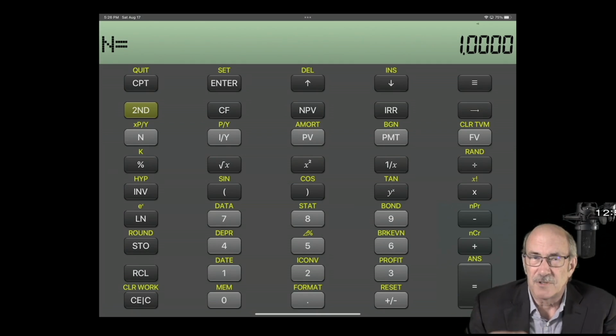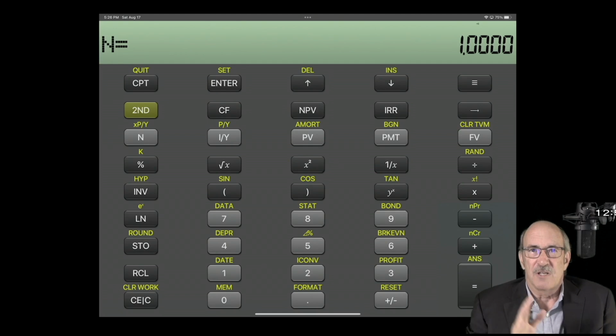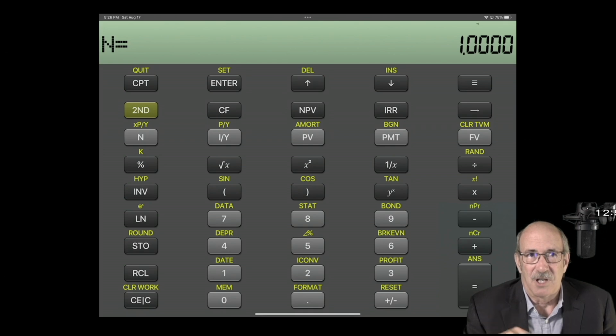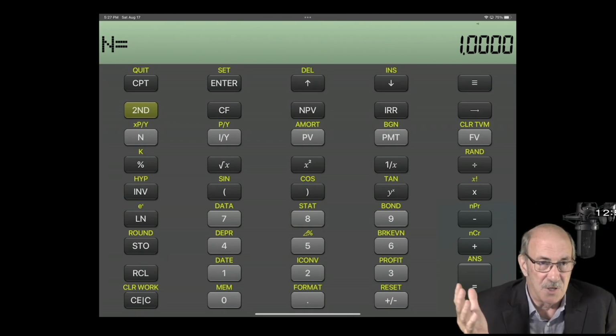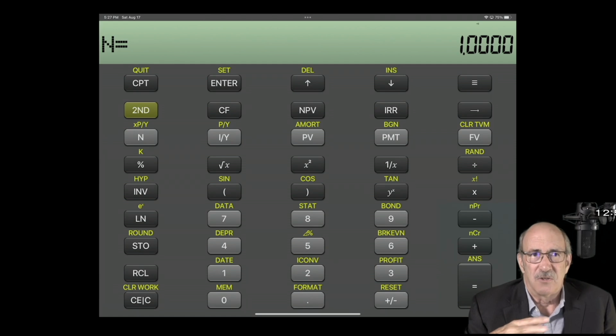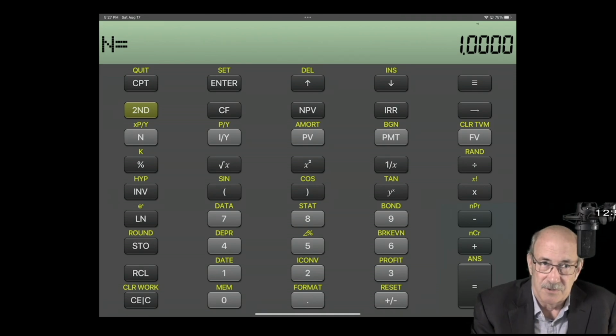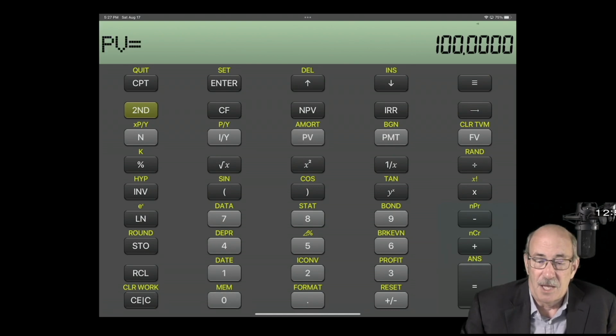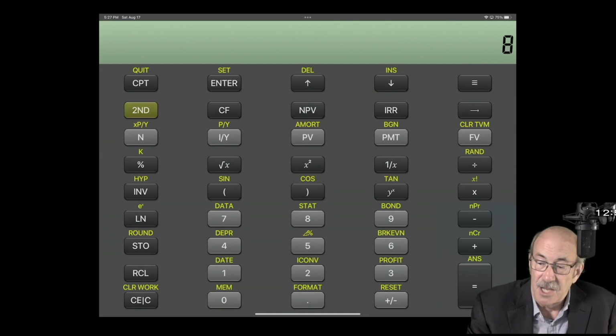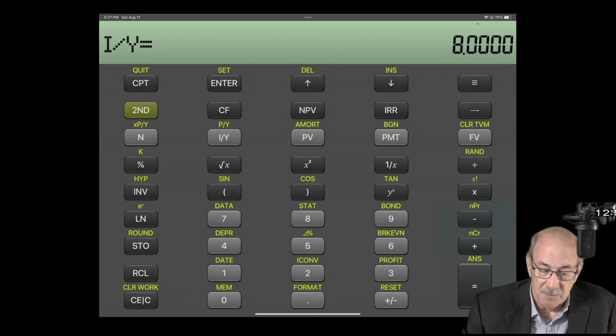I'm going to have both a present value and a payment. The present value is that first $100. The payment is that second $100. I could do it as a present value and a future value and zero out the payment. Either way is going to get me to the same result. Let's start with the first method though. So we have 100 present value, and I need to put in I, that's 8%. And then I'm going to make my payment 100. Because what I'm going to do is compute the future value,